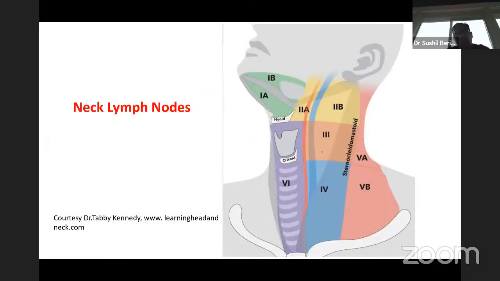Now, this was part of the discussion in terms of lymph node level. In the new nomenclature, we follow a nomenclature which is a lot more standardized now. So when you're defining a node, you can follow that nomenclature in your practice. And as defined by the previous speaker, the different levels of the node.